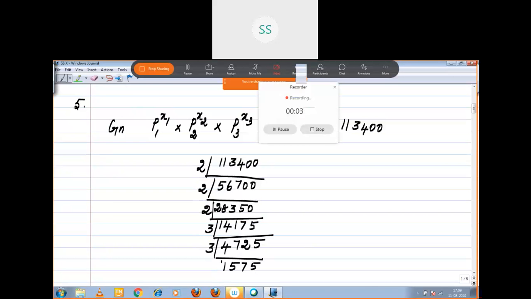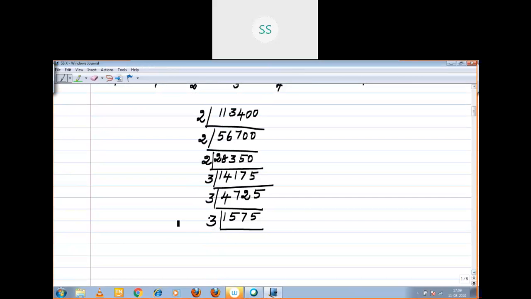Again it is divisible by 3, because when you add, you will get 18, a multiple of 3. Now you see 3 5s are 15, then 3 2s are 6, then 3 5s are 15. Again when you add, you will get 12, so it is divisible by 3. 3 1s are 3, 3 7s are 21, then remaining 1, 5s are.